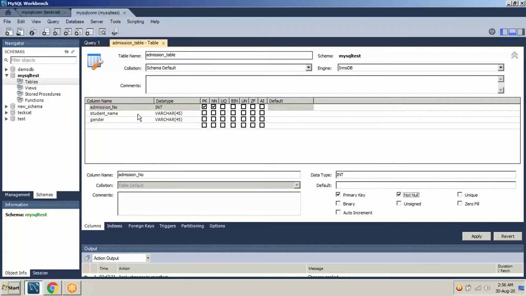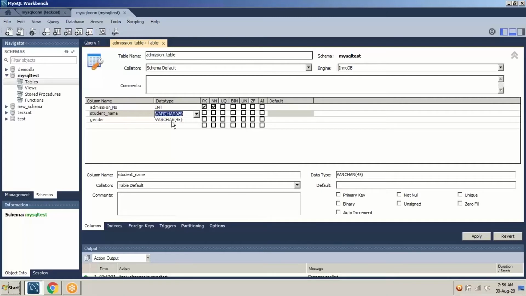place of admission number. Suppose we will be writing student name over here, and we have taken varchar 45. Varchar stands for variable and character, and the 45 denotes the length of the character. Means your name could be 45 characters long. Suppose your name is Rajiv Ranjan, RAJIV, space is also a character, RANJAN, 16 characters. So up to 45 characters your name could be long. And the data type is varchar, variable and character.